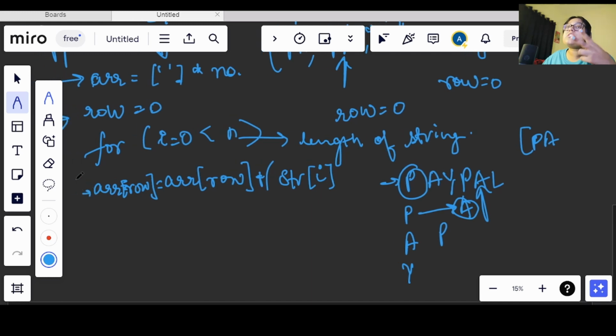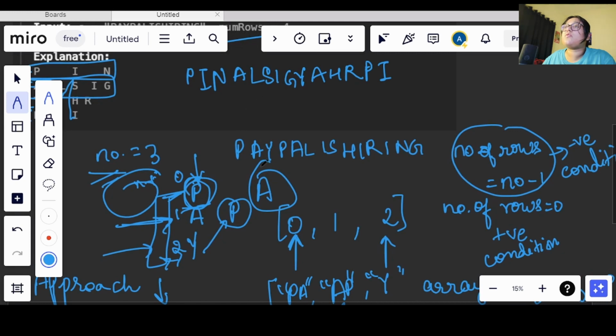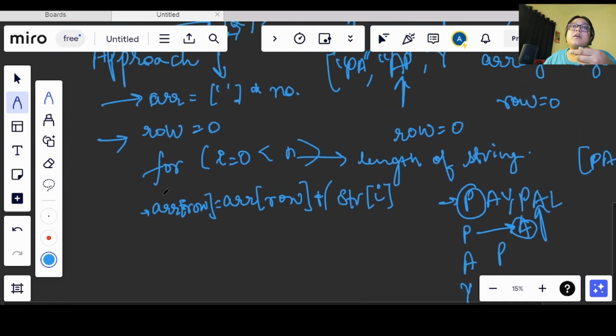Now we were checking two conditions, right? If the number of rows was equal to 0, then we were incrementing the value, and if it was equal to n minus 1, then we were decrementing the value. So what we will do here, we already have i, so let's take j. We will be initializing it from 1.